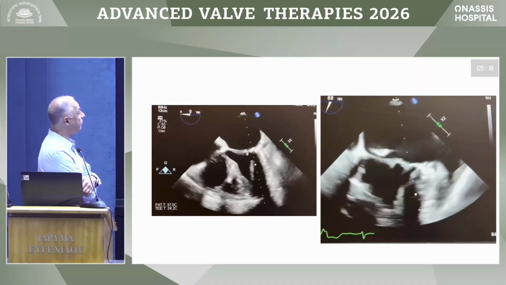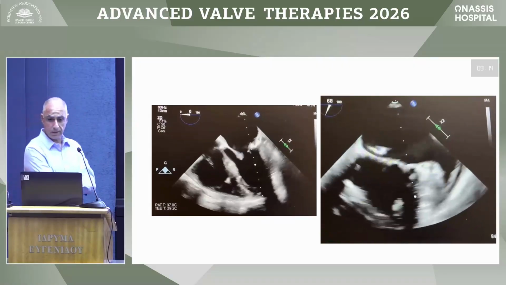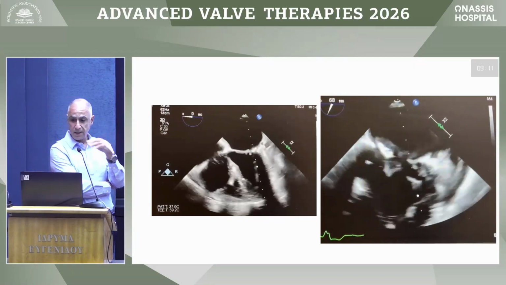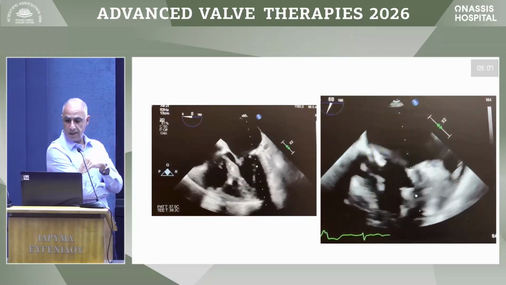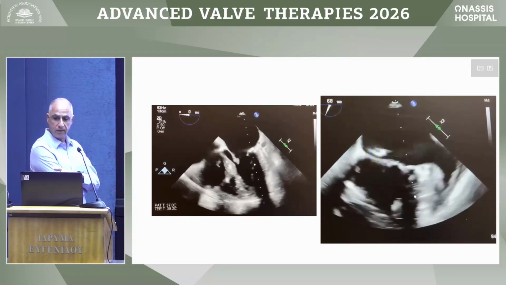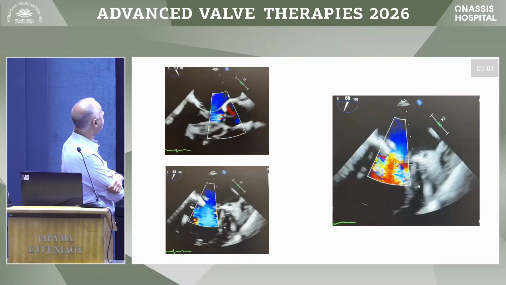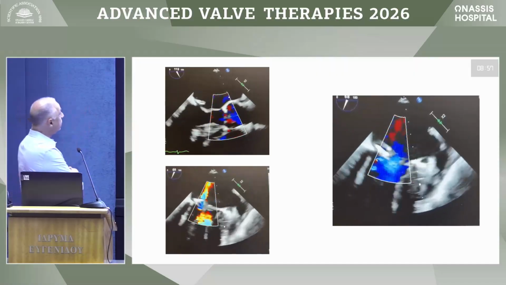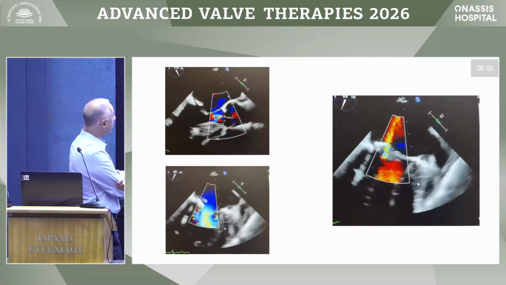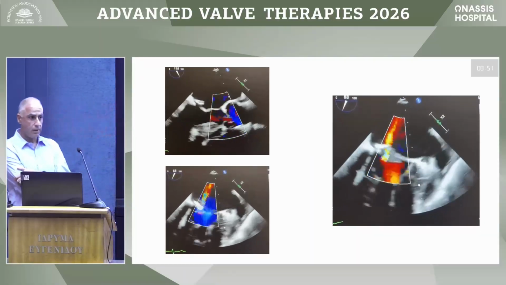Very challenging valve. We can see MAC is prominent, is circumferential. It also has a shelf of calcium just above the posterior leaflet. And we can see here flail. You see that there's a jet there. There's also flail with severe mitral regurgitation, but there's a lot of calcium that might limit your ability to grasp